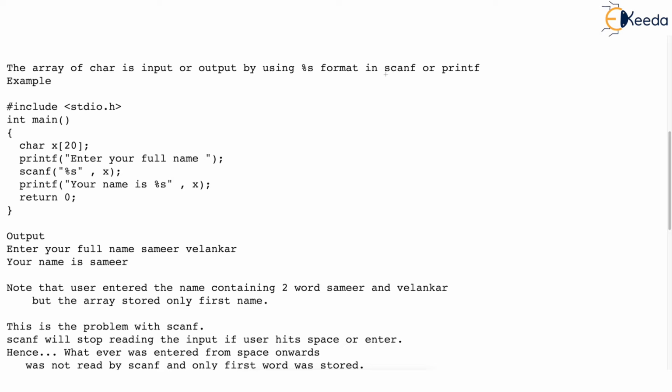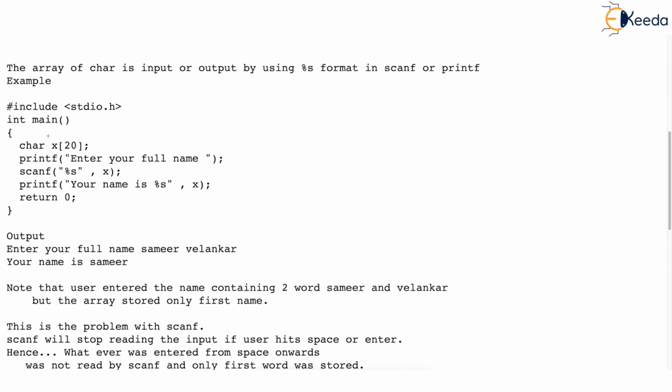Let's say you are asked to write a very simple program where you will ask the operator to enter a full name. The operator should enter the full name, that is first name and last name, maybe middle name also, and then our program should print that name back on the screen. Simple. So what is the name of a person? It is a collection of many characters. That means you need something which can store many characters.